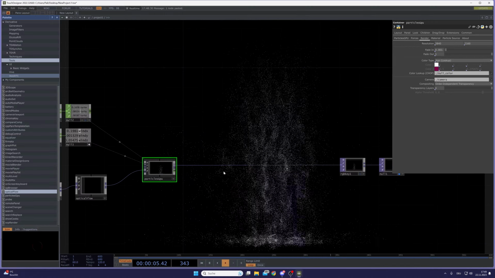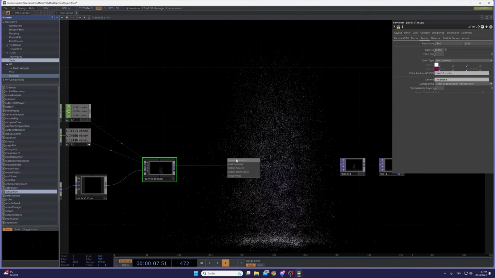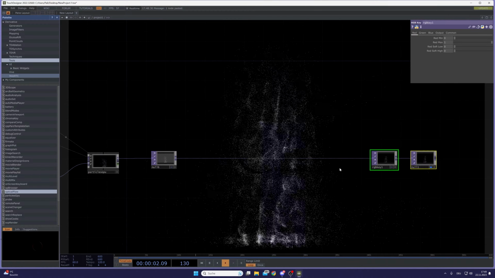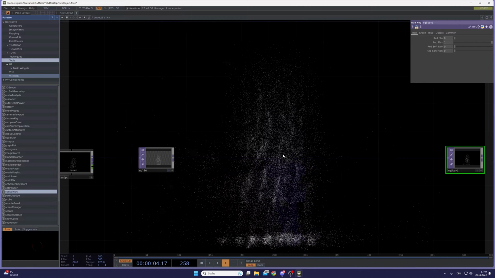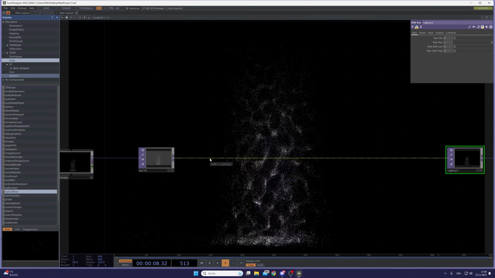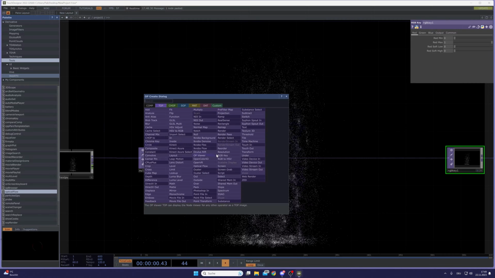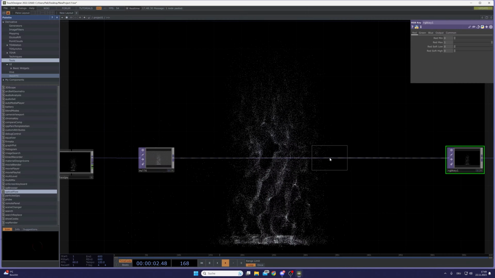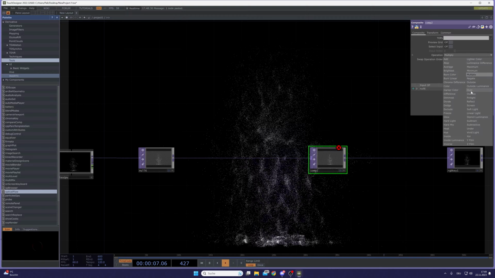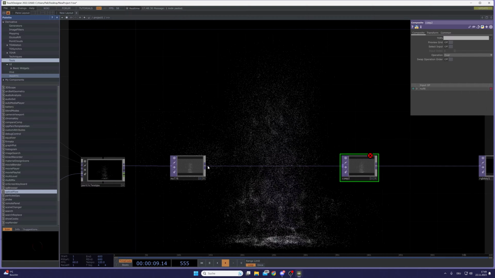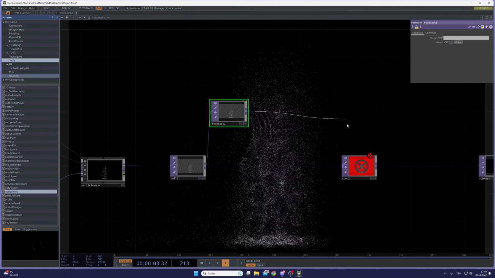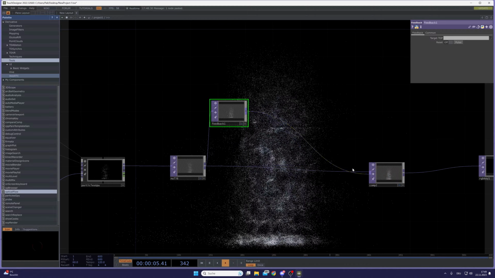So now we will bring in another null, which we will use for a feedback loop. So now let's insert a comp, set this operation mode to over, and then out of that null create a feedback, connect it to the comp,